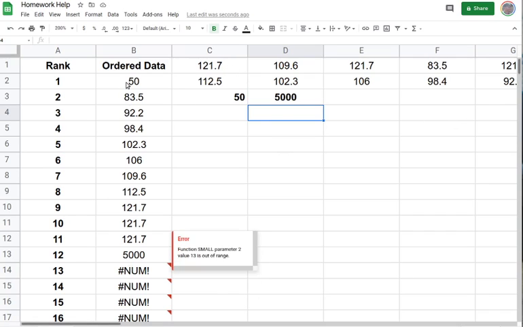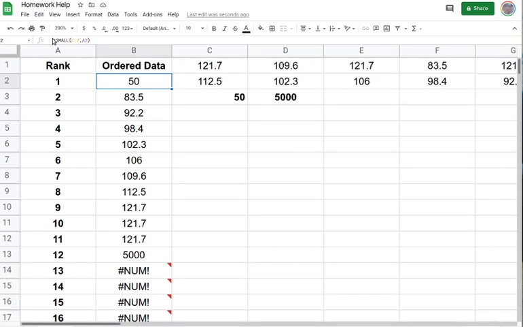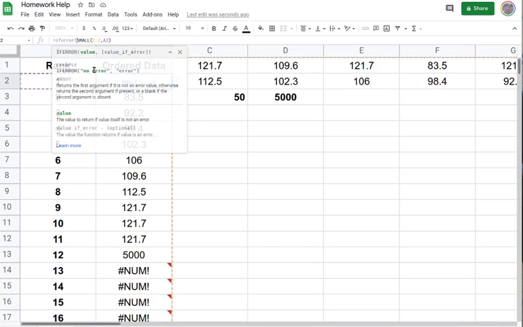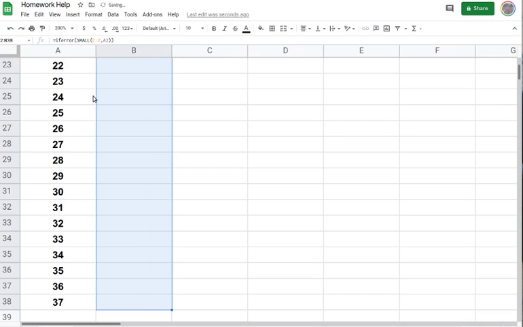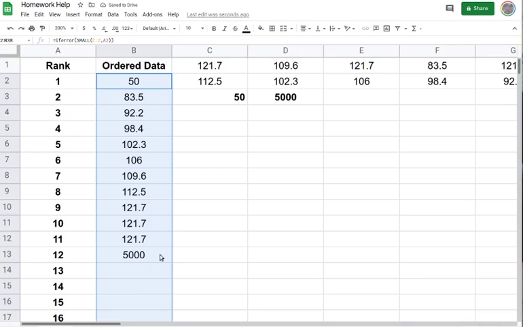If you don't like the error that you're getting there, you can always wrap the function in an IFERROR function. We can put that around everything. Drop that down. Now those errors go away whenever it finds an error. So that's another way to